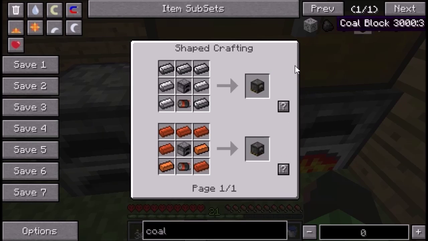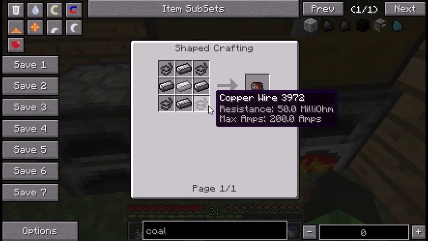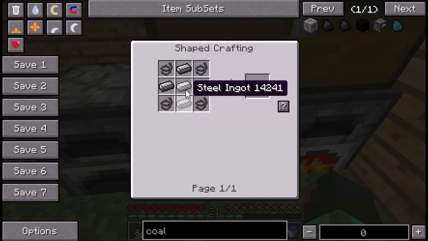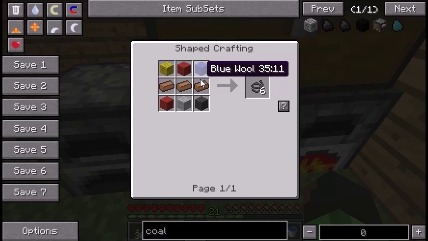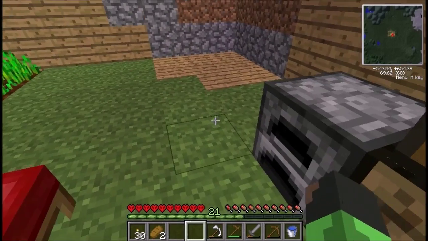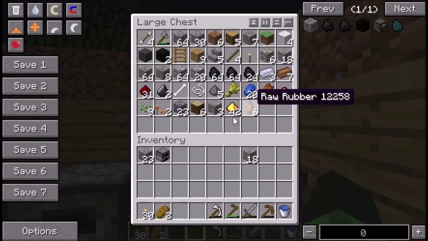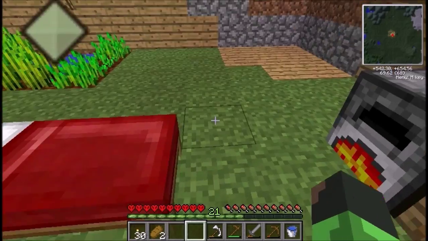So we got our furnace here, and then we need a motor. Motors are essential also in here, and to make a motor we need 4 steel, 1 iron, and 4 copper wires. Copper wires are made with 3 copper and 6 wool. I have about 4 wool right now, so that's not good. So what I'm gonna have to do is smelt some iron to make some shears, because